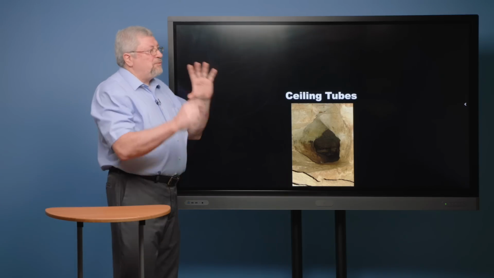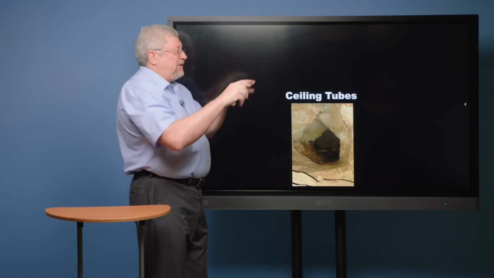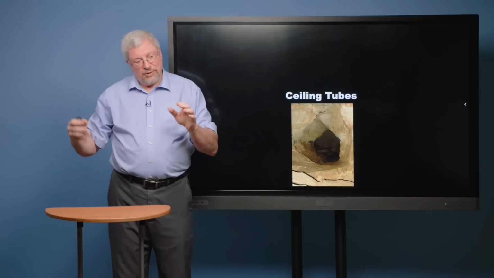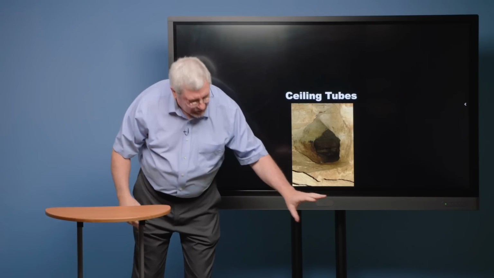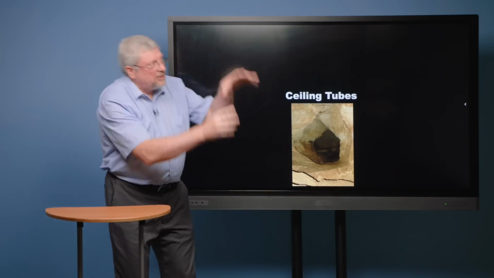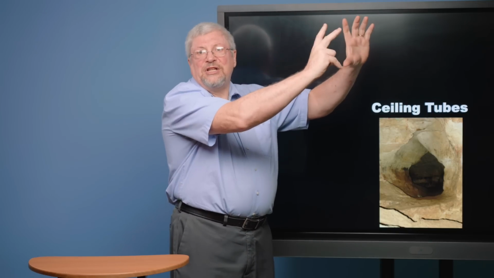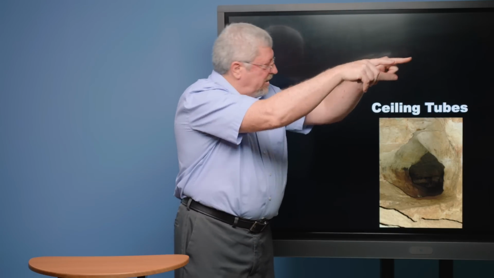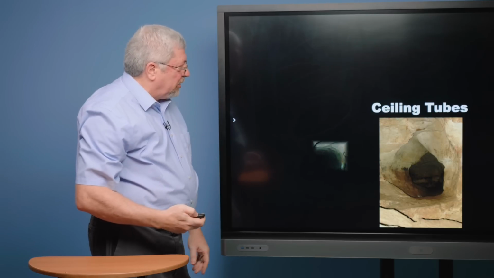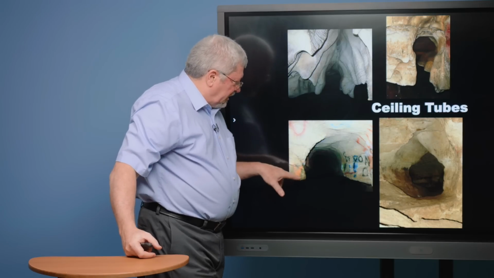Also, we have tubes that run horizontally. They'll leave a large room, but not leave at the floor level. If water was coming down, you would expect it to leave at floor level. These are tubes that actually leave near the ceiling and drive their way straight into the wall from there. This is in the entrance to the cave.